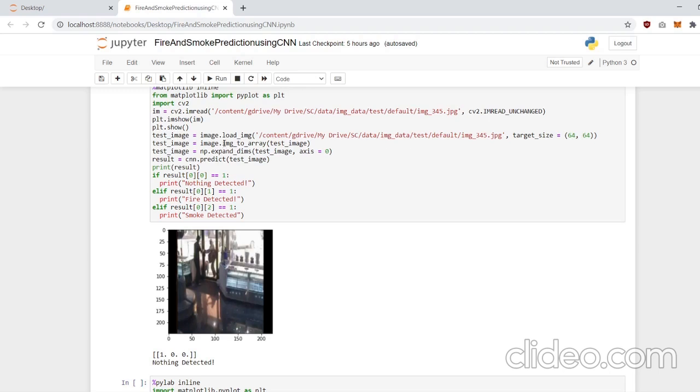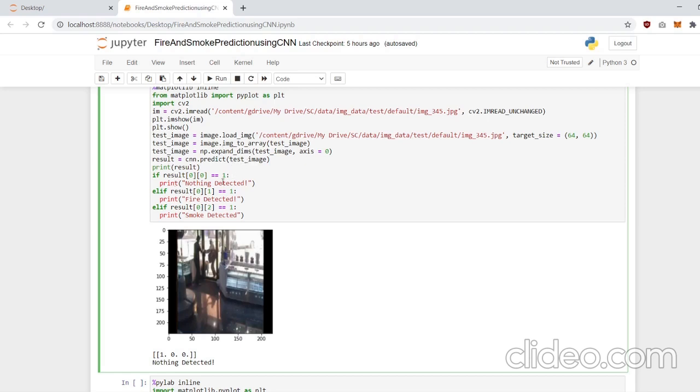And then we are using the image_to_array to rescale the values from 0 to 255 to between 0 and 1, and then we are expanding the array using expand_dims, and then we are just passing it into the predict function to predict the test image.